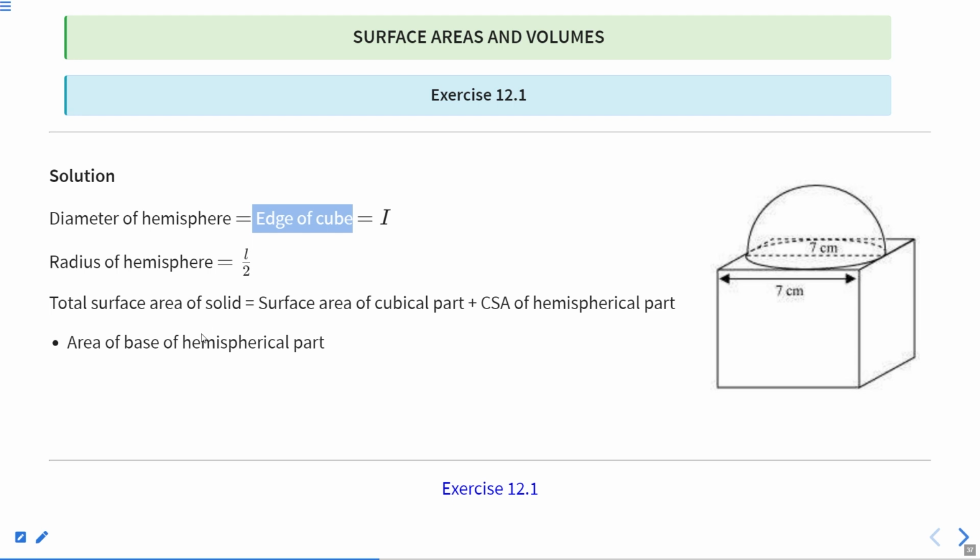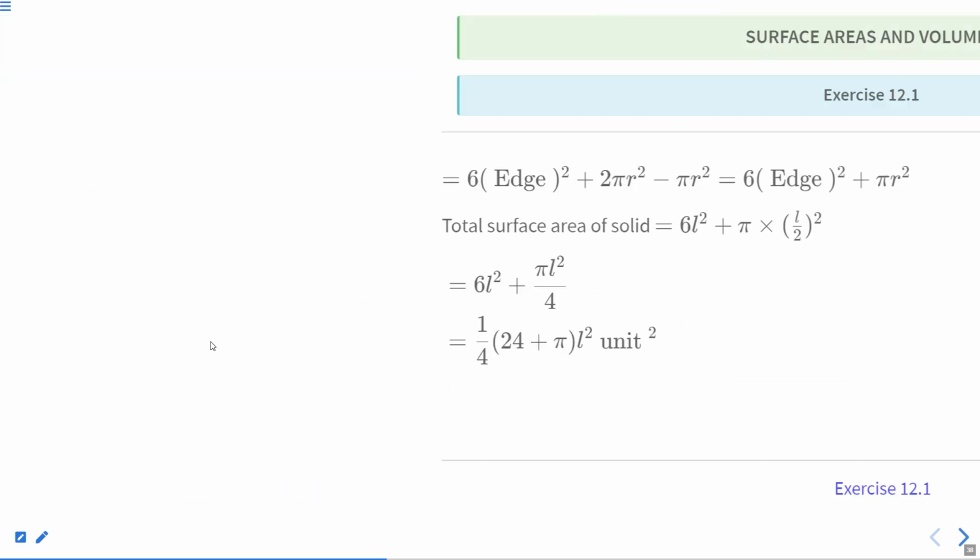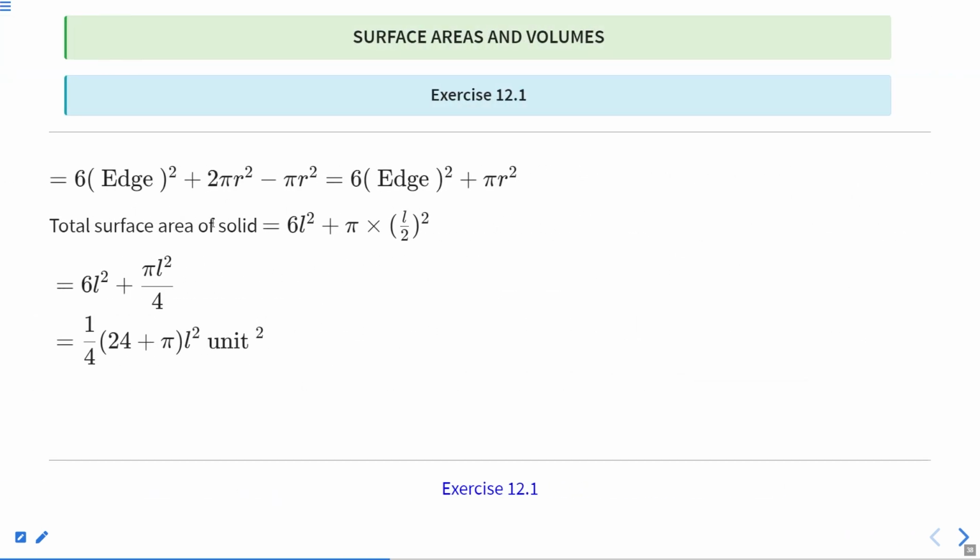And here we have to remove the area of the base of the hemispherical part, as that is not included in the surface area of the solid. So now the total surface area of the solid is equal to 6 times h square plus 2 pi r square minus pi r square, which is equal to 6 times h square plus pi r square. Okay, so total surface area of the solid is equal to 6 times h square plus pi r square, and here we are given